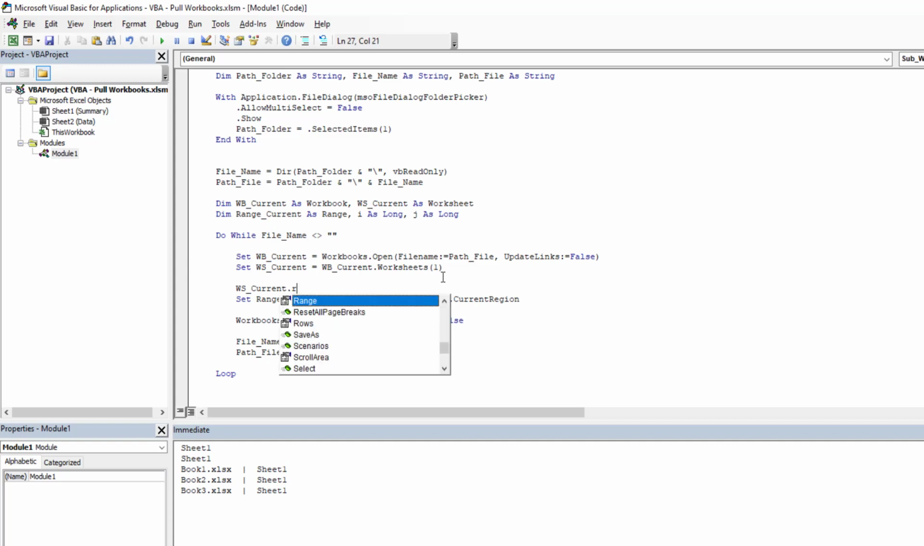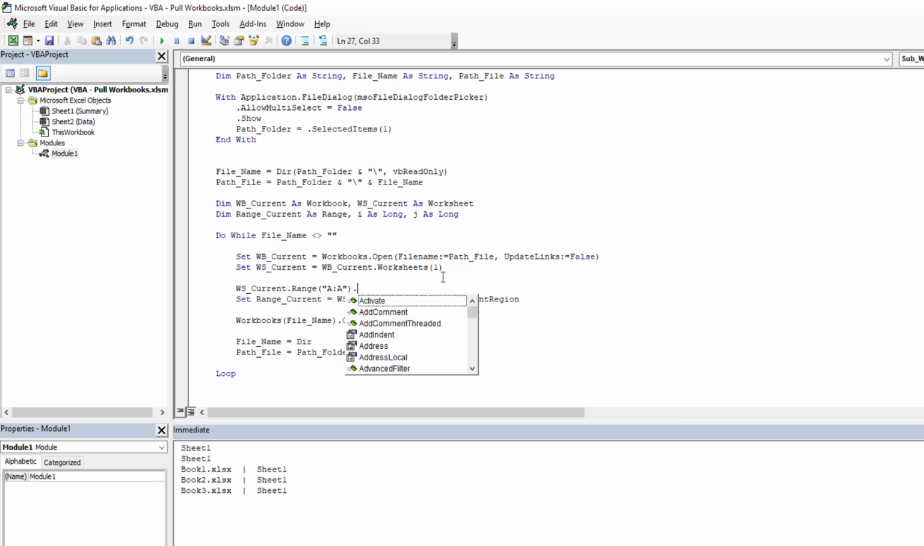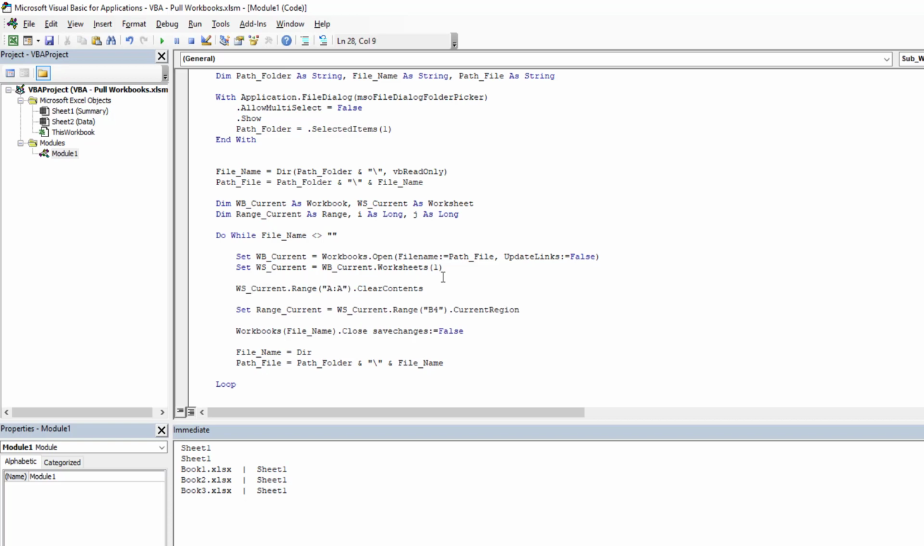So we'll say dot range, and first we're going to delete A to A dot, what is it? Clear contents. That's what I want. And then also range 3 to 3 clear contents. And that is just to make sure the current region works properly. And then once we have this,